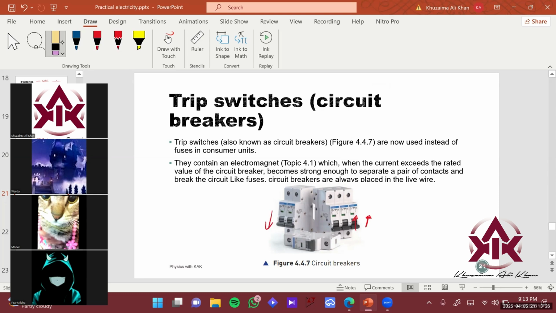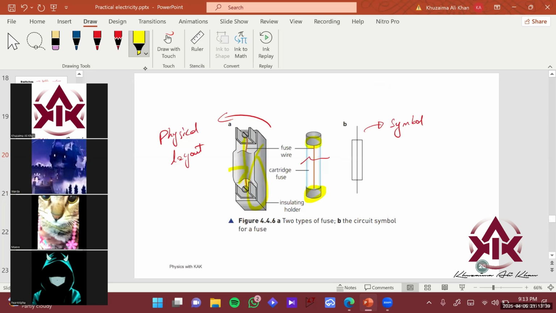So what are circuit breakers? Trip switches, also known as circuit breakers, are now used instead of fuses. You usually have this in your houses. Fuses were used before. They are also still used at the side of power production companies, when they want to